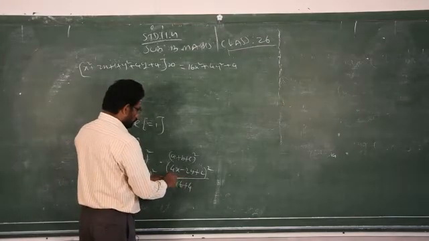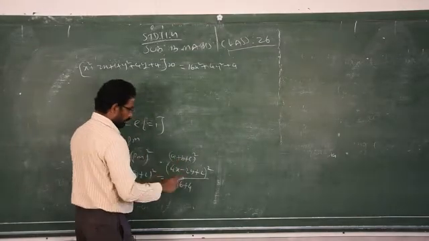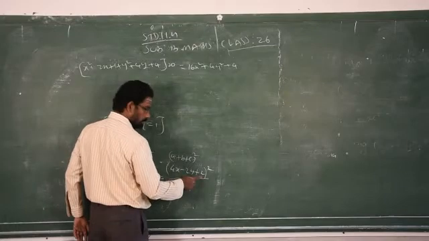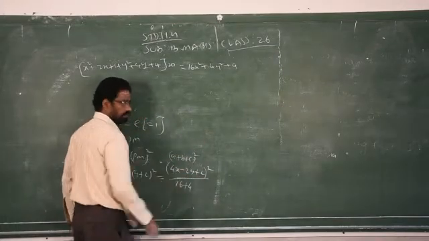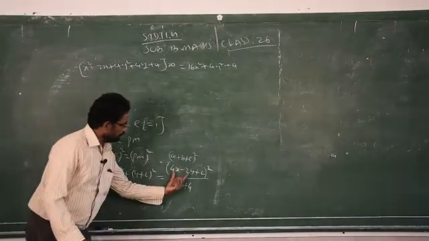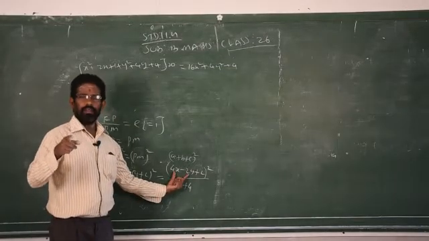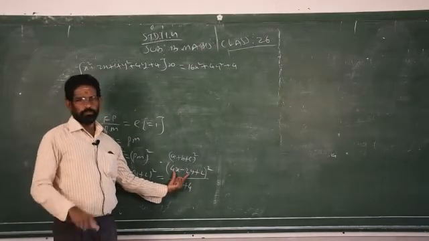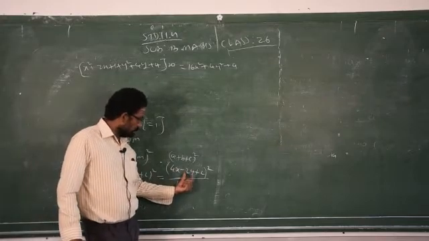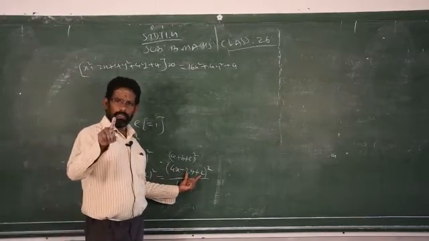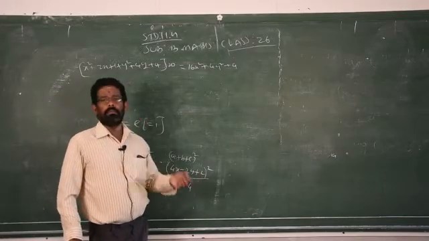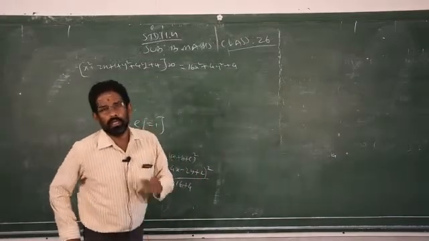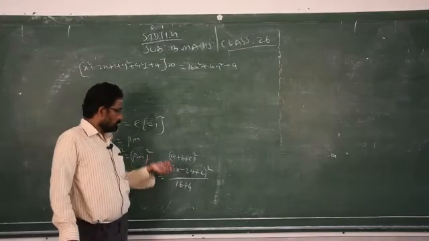So if you don't know that formula, very simple. Multiply these two, and with the result you have to multiply by 2. Then you multiply the second and last term, again into 2, then the first and last. Clear? So first you multiply these two with the sign, multiply the answer by 2. Then multiply the second term and third term, multiply the answer by 2. Then multiply the first and the last term, multiply by 2. Clear? I am telling you right. Please keep it in your mind.